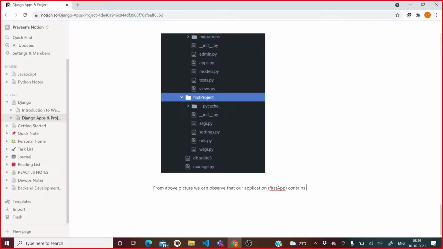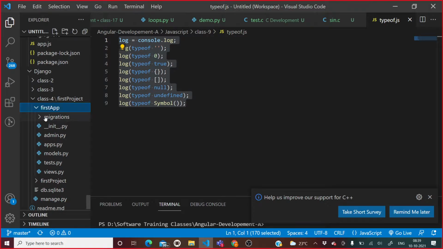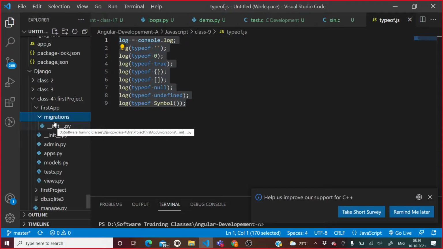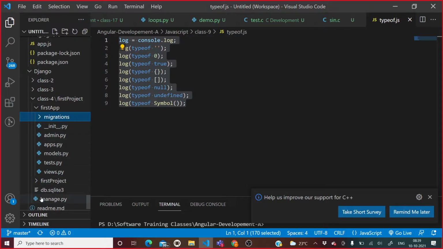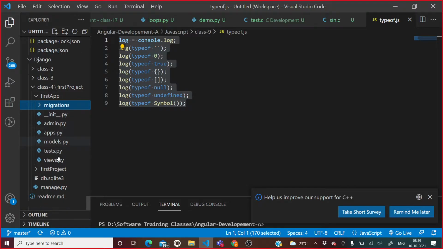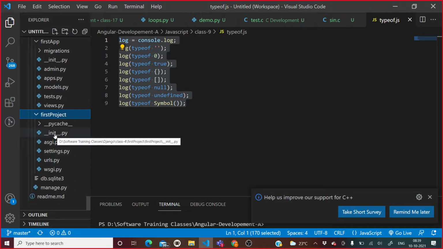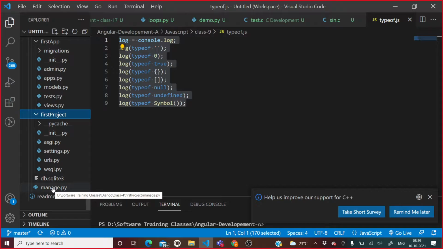Six files, I guess. Inside this migration folder there is one init.py. Look, our application contains six files and our project contains what? Our project contains one, two, three, four, five files, and one special file called manage.py, right?